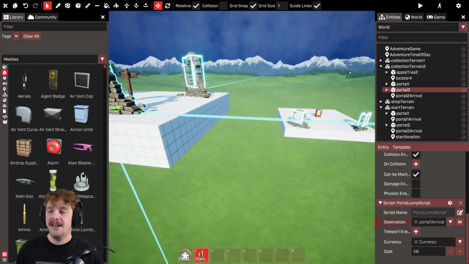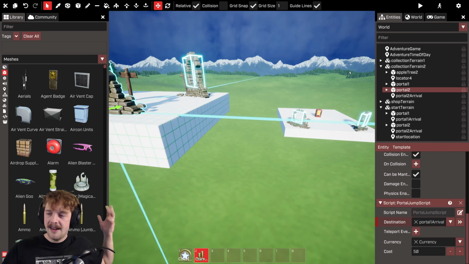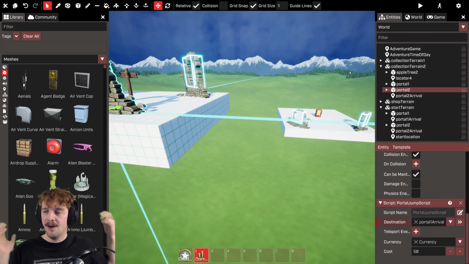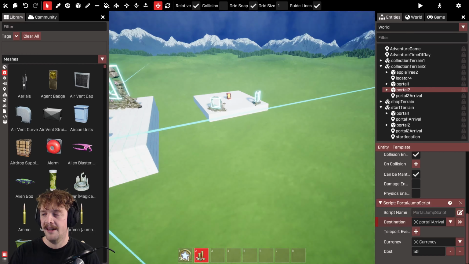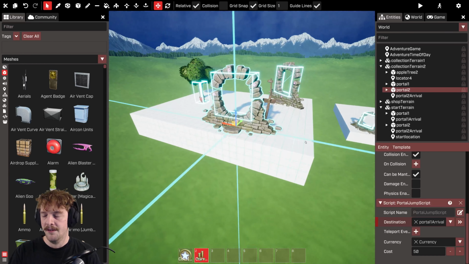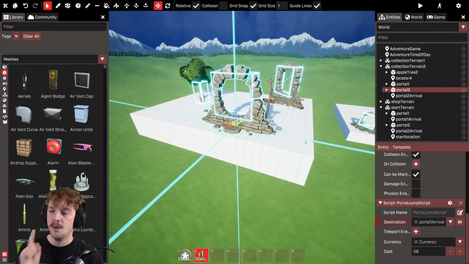By logical, I just mean ordered nicely, ordered in a way, rather than being everything everywhere, things named odd things or not appropriate things, you know, that sort of stuff. So once I have my world tree nicely organized, another thing that is also quite important is if you've written any